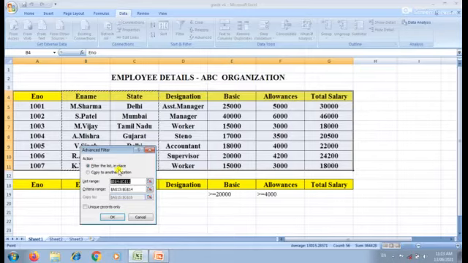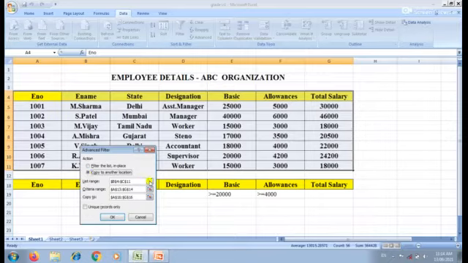What is the meaning of this? If you want to overwrite the original list, you have to choose filter the list in place. If you want to create the filtered list at a new location, you have to choose copy to another location.